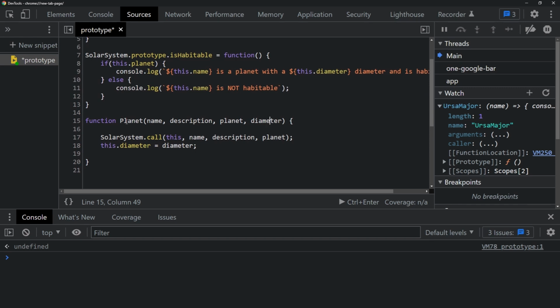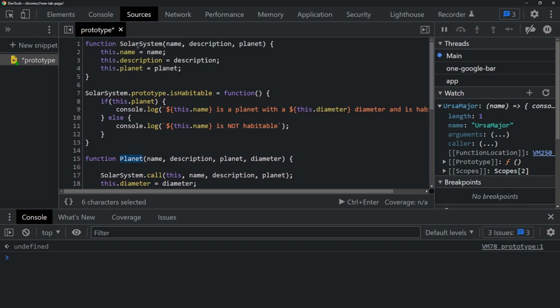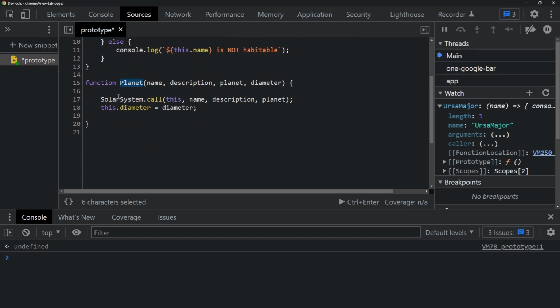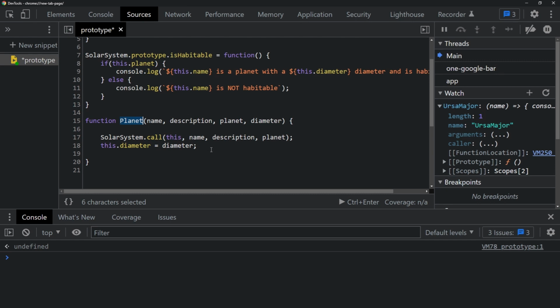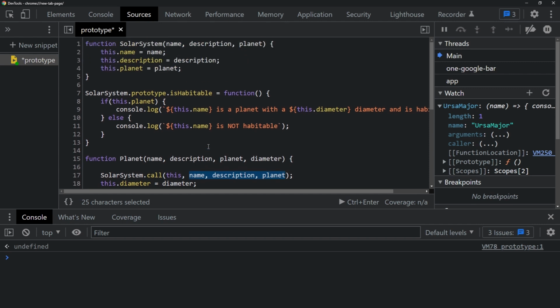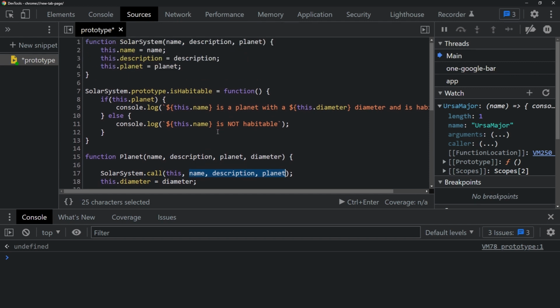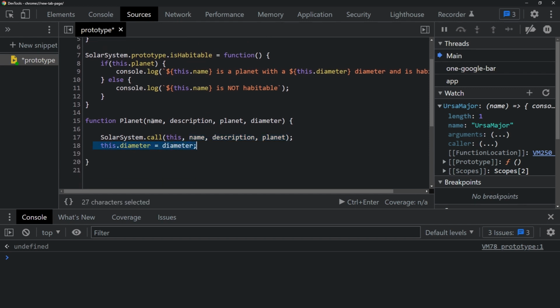So to make sure that the planet inherits from the solar system, what I can do is I can say solar system.call and then pass in this, and then pass in the properties, which is name, description, planet. So I can pass in the function itself and then the three properties. These three properties are available within the solar system. And then I can pass the additional property, which is only available in the planet, like this. So I can use something like this, and if I run this,